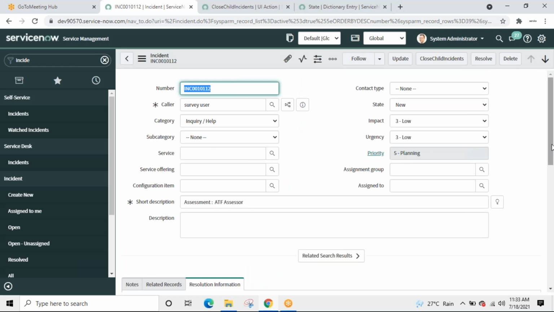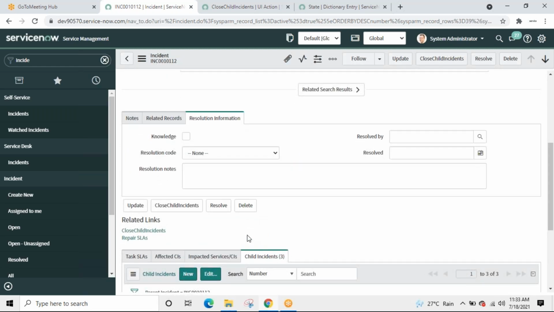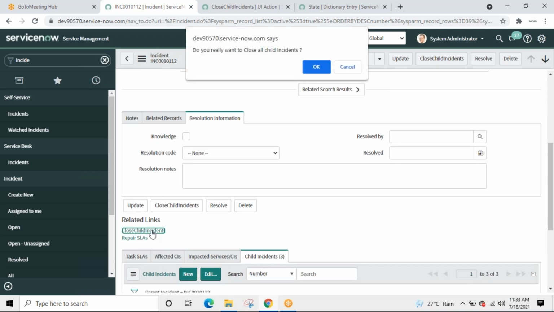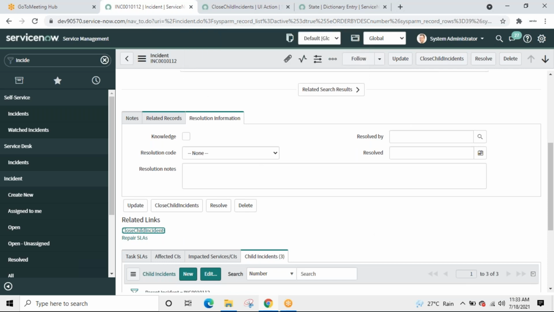Let us scroll down. Yay, see, displayed over here. It will do the same thing. These are the options. We'll execute the same thing. It's up to us whether we want to provide it as a button or a form link or inside a context menu. Correct? It's like that.